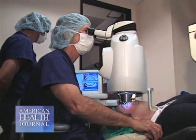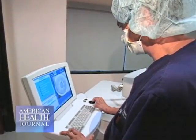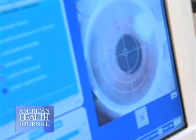LASIK and laser treatment of refractive errors has changed quite a bit, and we're at the point now where we can fix any refractive problem that exists in the cornea. So we can treat nearsightedness, farsightedness, astigmatism,